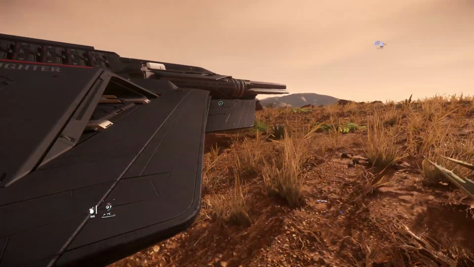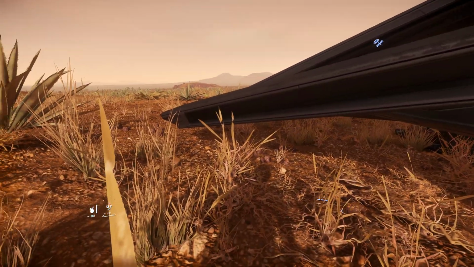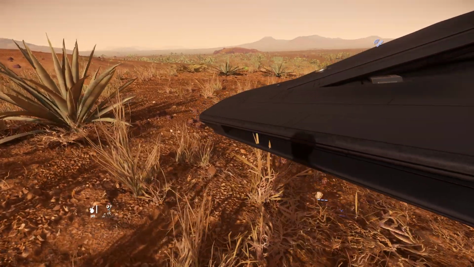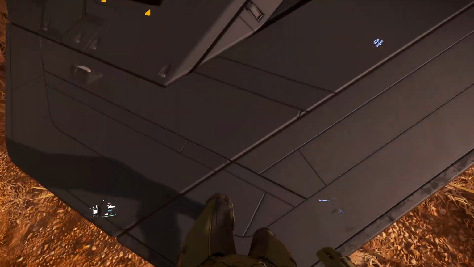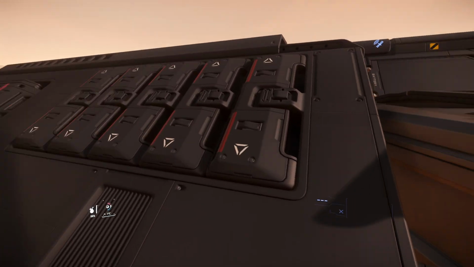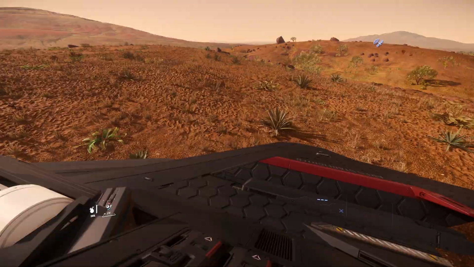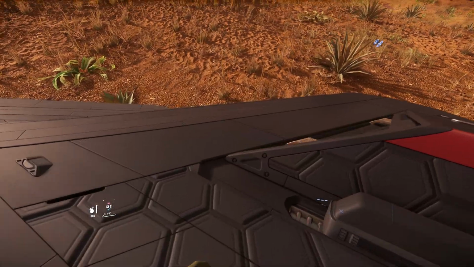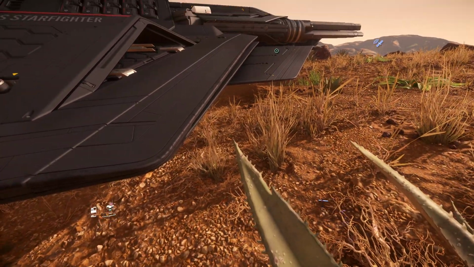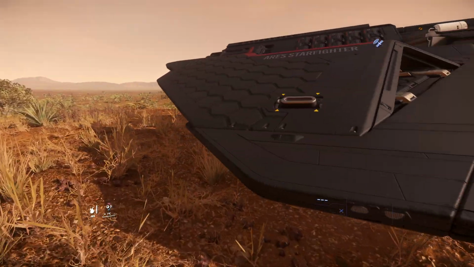Now, the first thing that I noticed about this ship was how low the wings sat. I mean, this thing is pretty low. If you just have a look at it, it feels like you can... there you go. You can hop on the wing of the ship and just get on the top like this. The wings are so low that when you come in to land, you have to be careful not to break the wings on some rock or a tree or something like that. So yeah,